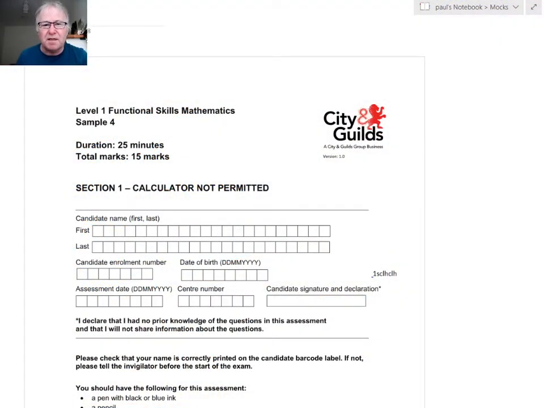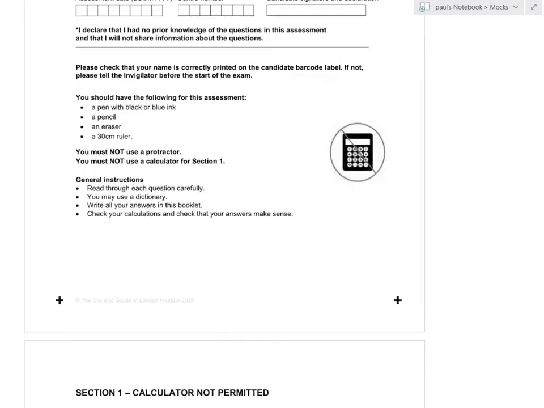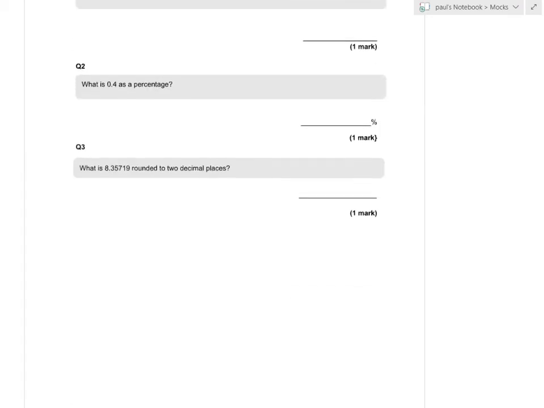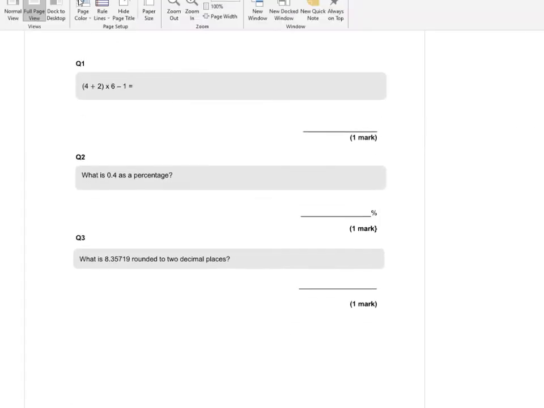Here we go, City and Guilds Functional Skills, Level 1, Sample 4, no calculator. Got something on the desk. Right, let's carry on. Let's see what we can do. Sample 4, with all the pictures. There we go. There's the first one. So,